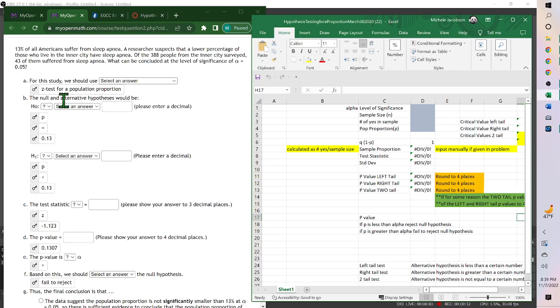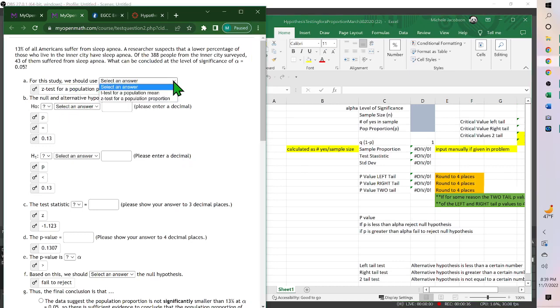Well, it's a z-test for a population proportion because it's a proportion, not a mean. So it's a z-test. Since it's a proportion, it's p. So this is p. The null